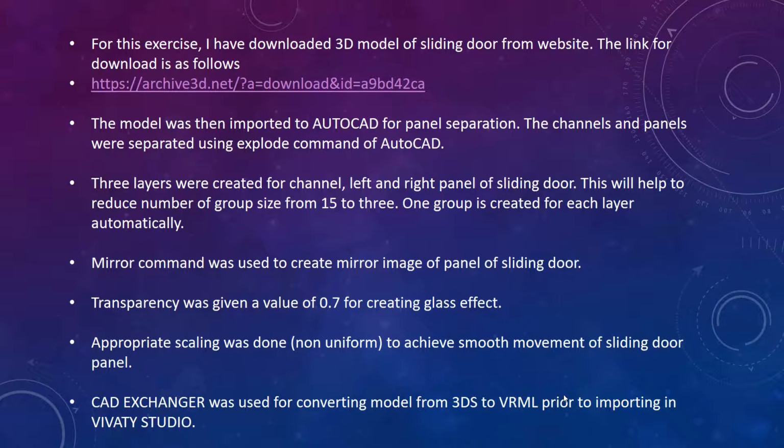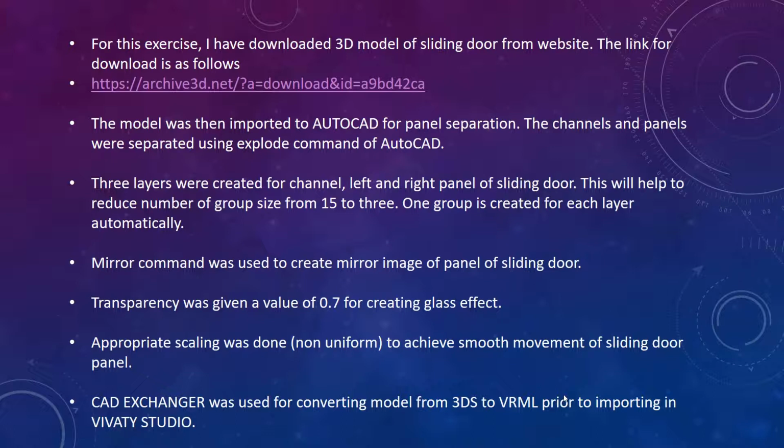The other reason was that there were several groups, so I want to minimize the number of groups. For that, I have created three layers. One layer for the channel in which the sliding doors are sliding, another layer for the left panel and one layer for the right panel. So three layers which can be easily managed.